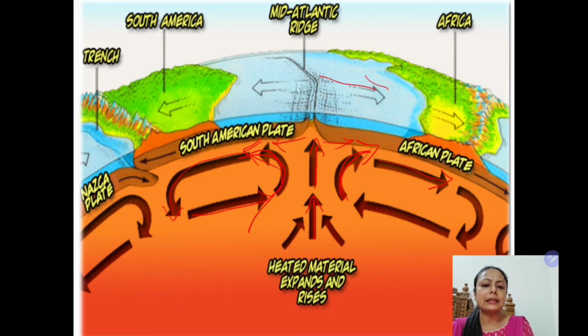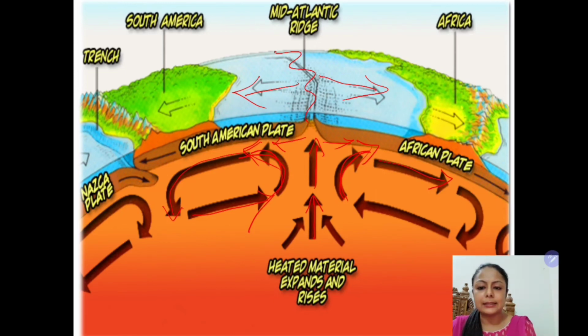So you can see there is a formation of the mid-Atlantic ridge. Just now I gave you this example. There was a crack, and the magma came out and cooled to form the sharp, steep-sloped mountains on the ocean floor of the Atlantic Ocean. So the mid-Atlantic ridge has formed in this way.